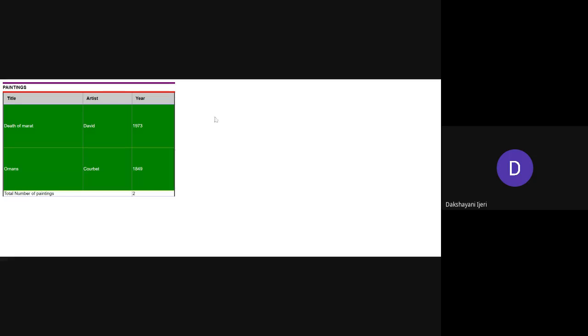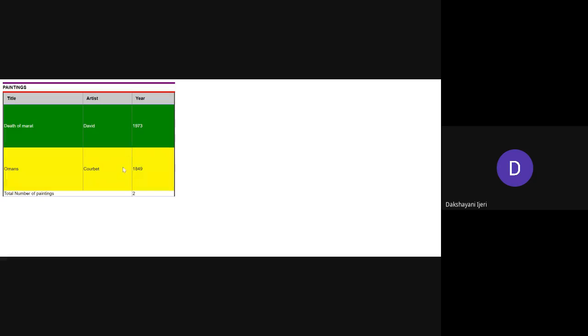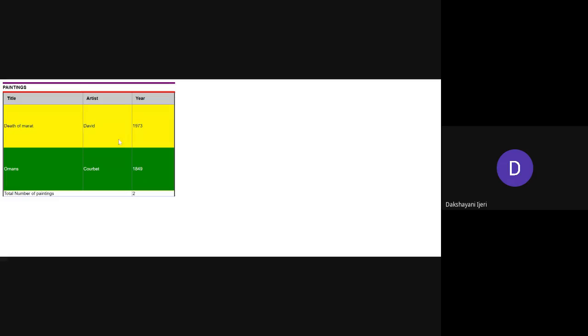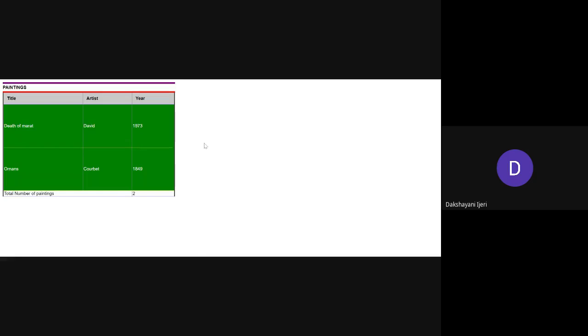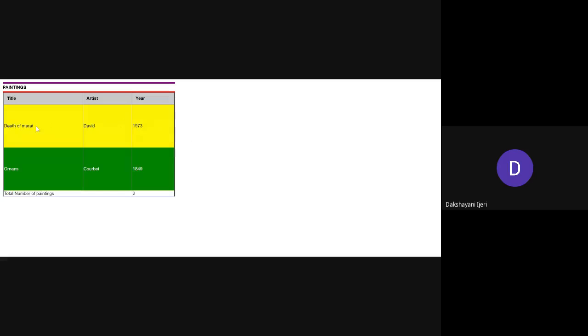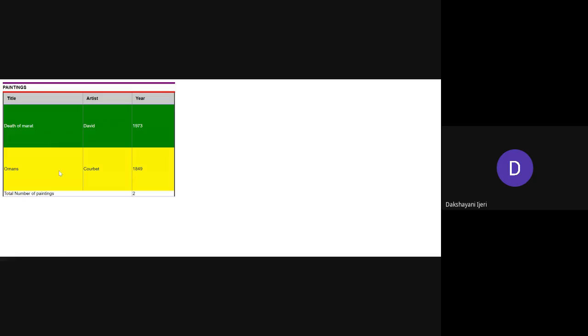So I told you that by default the tbody and the tr are going to have the green background color with the text color white, right? One more property has been set, that is the hover. Whenever I move the cursor on either the tr or the entire body, it has to change its color to yellow with the text color black. So if it is static, it has the background color green with the text color white. But if I move the cursor on it, it changes the background color to yellow and the text color to black. These are a few examples of how you can set different styles to the tables.